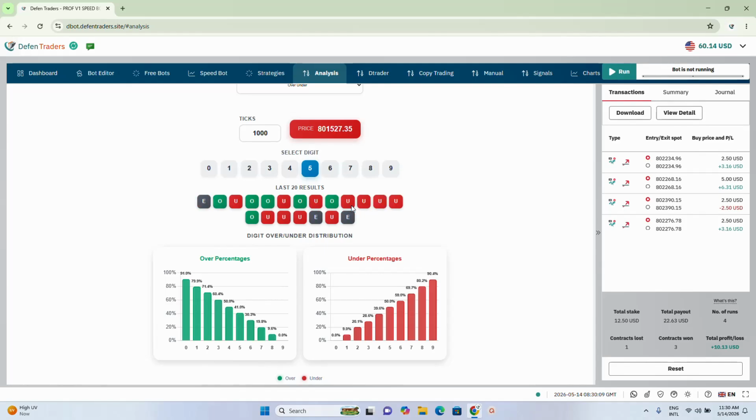Okay, so ingia pale defentraders.site, go to graphical, confirm that digit 5 is above 41%, increasing in percentage, entry point, ngoja hapo uone 2u. Okay, hizi u unders ama 3 of them consecutive zikifuatana, then now join, just click run